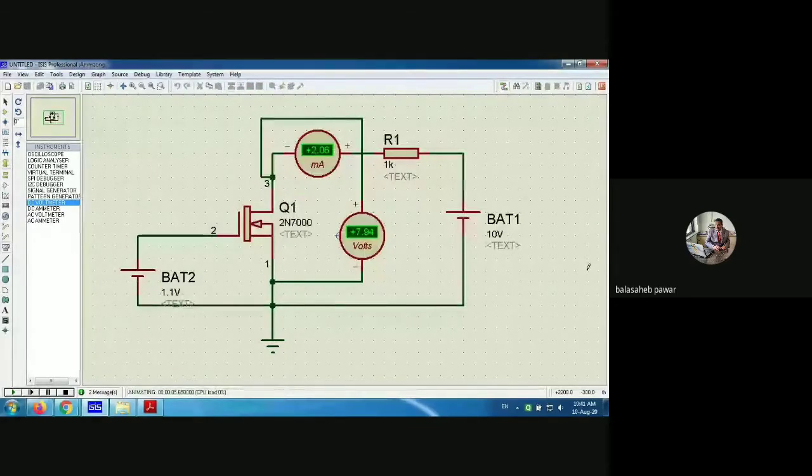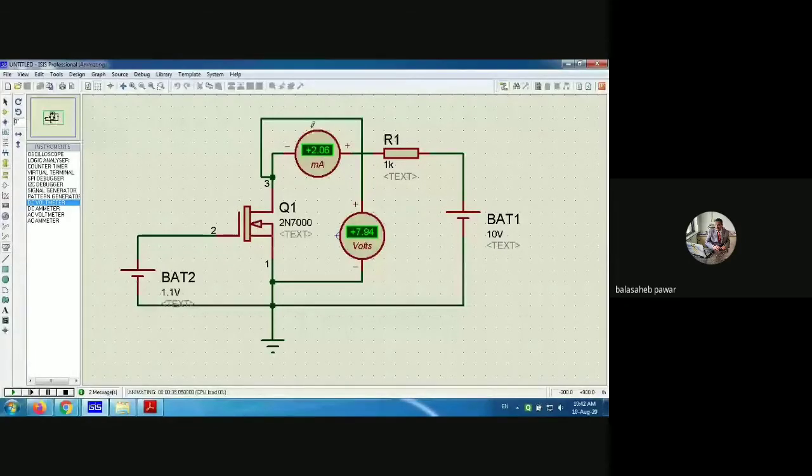So see what is happening with the current from the previous value, that is 0.67. Now it increases to 2.06, right? And the voltage drop also gets reduced by a sufficient value. In the previous case it was 9 point something, and now it goes directly to 7.94 volts. That means this transistor between drain and source is offering somewhat lower resistance compared to the previous case. And as the resistance offered by the channel between drain and source is somewhat less, that's why the current gets increased. It goes to 2.06 milliamperes.